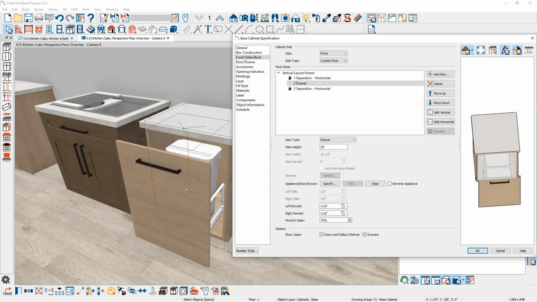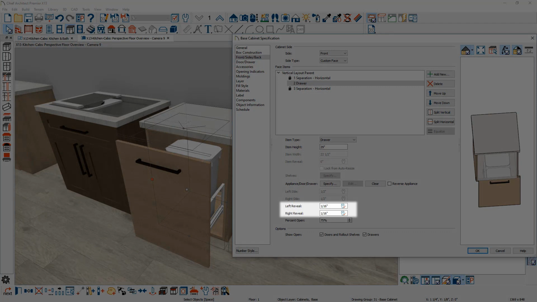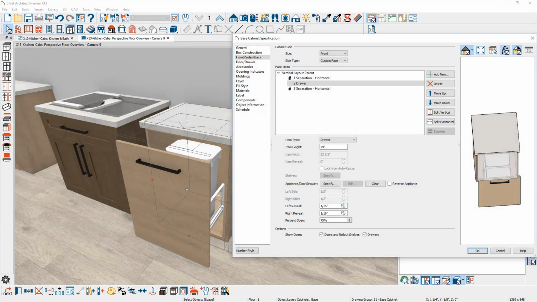One other feature I'd like to point out while we're in the cabinet dialog that we will be adding in Chief Architect X13 is a new setting where you can control the reveal for the right and left side of the cabinet for each face item. You can see my current reveal is a 1/16 of an inch for this drawer. For those situations where you need to adjust the face item reveal distance, this will be a nice new feature